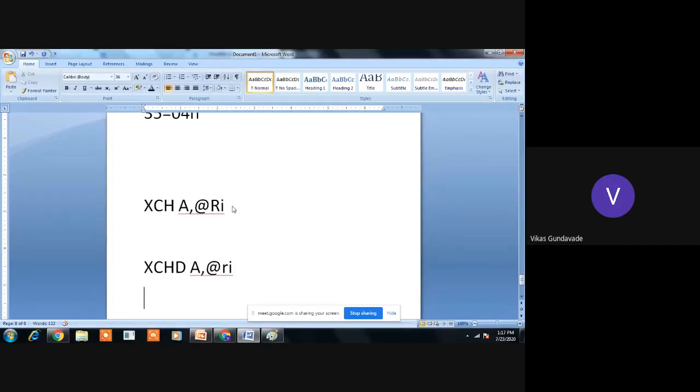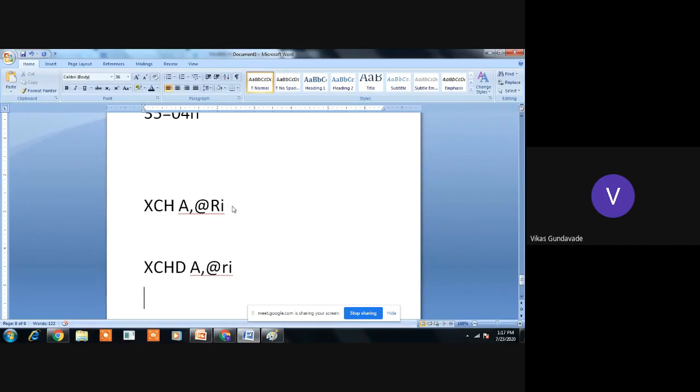After execution of this instruction, only the lower-order 4 bits, the lower nibble, of the accumulator and the memory location pointed to by the register pointer will get exchanged. So in this indirect exchange, only the lower nibbles of the accumulator and the memory location will get exchanged.